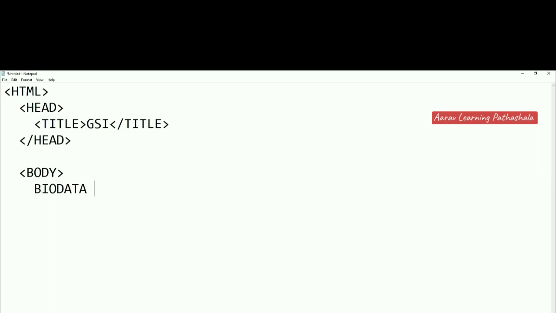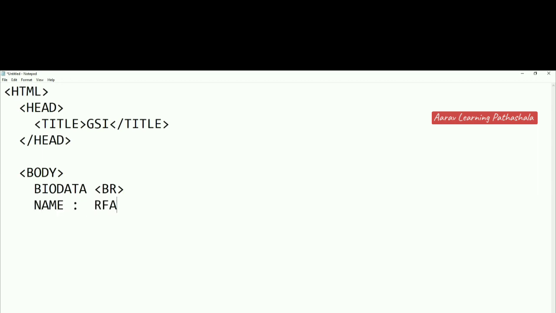and to go to the next line we have to make use of the BR tag. This I have explained in theory class. So the BR tag stands for line break. The control goes to the next line, or the content will be displayed on the next line. So after the BR tag we have to write name.